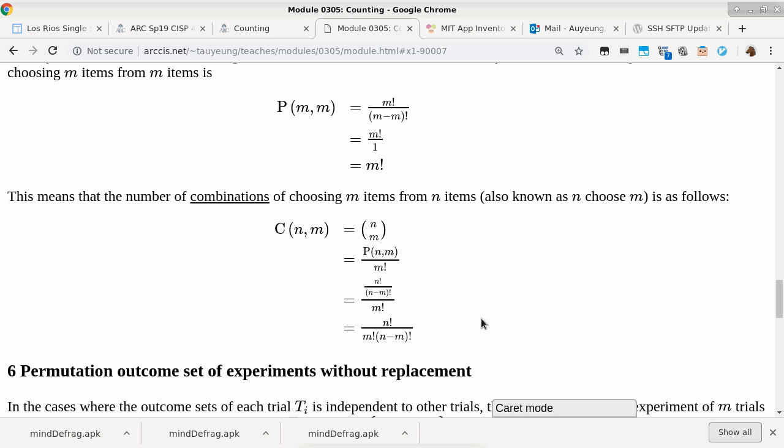Well, if someone asks you that question, you have to ask back 2 questions. The first one is, are we doing with replacement or without replacement? In other words, if I really like chocolate, can I have 3 scoops of chocolate? Does that count as one possible way to get that 3-scoop ice cream? If somebody says, yeah, I guess that would count,